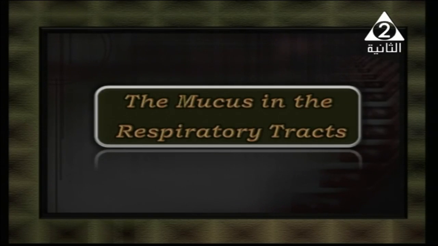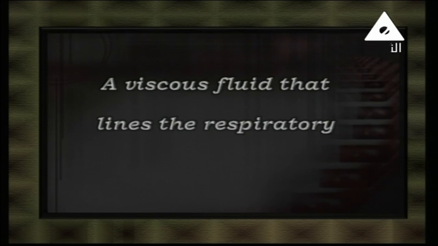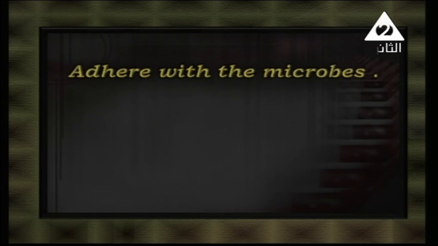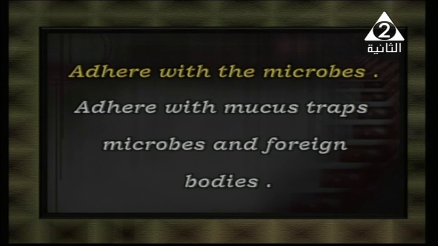After that, the mucus in the respiratory tract is a viscous fluid that lines the respiratory bronchi. Bronchi, the single form of it, which is bronchus. Okay, don't forget it. What does it do? It adheres to the microbes. Okay, sticking with the microbes and adhering with the mucus